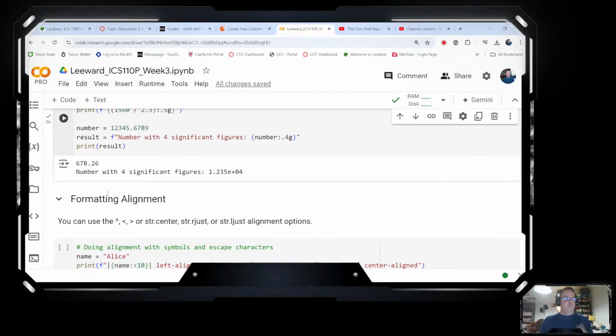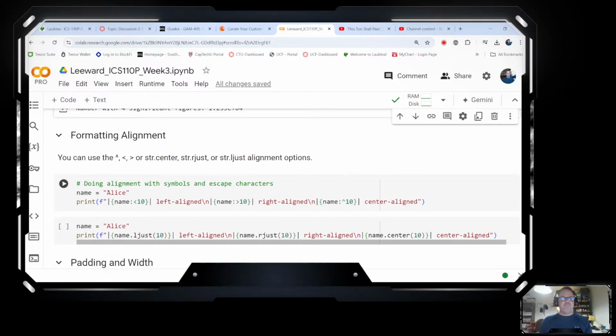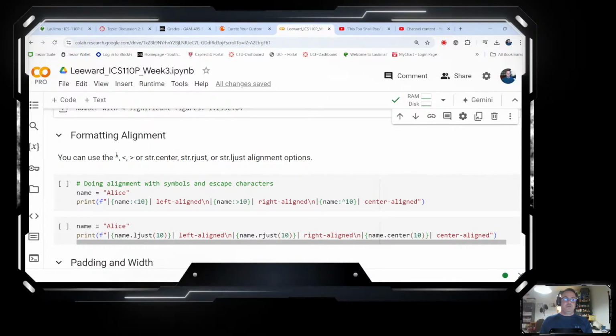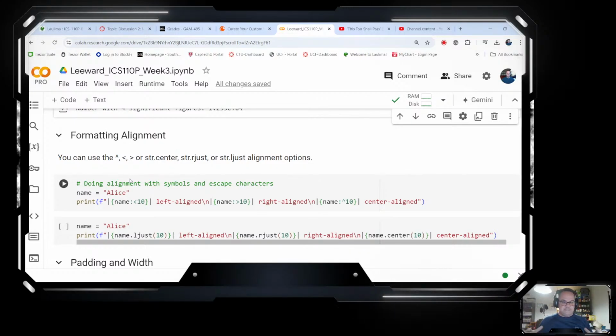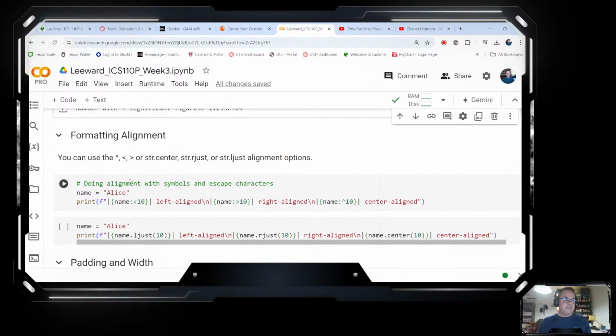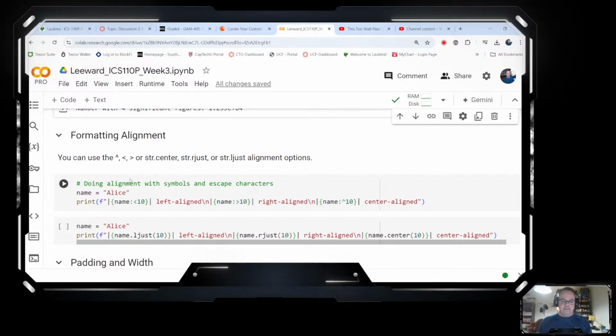All right, whew, let's get away from significant digits. That was a lot of work on that. Okay, let's look at formatting alignment. We looked a little bit at formatting in week 1. We looked a lot at formatting or alignment in week 2, but I just wanted to show it a little bit clearer, because this is going to be one of our big last weeks on alignment. And in assignments I saw turned in this last week, there was still quite a bit of